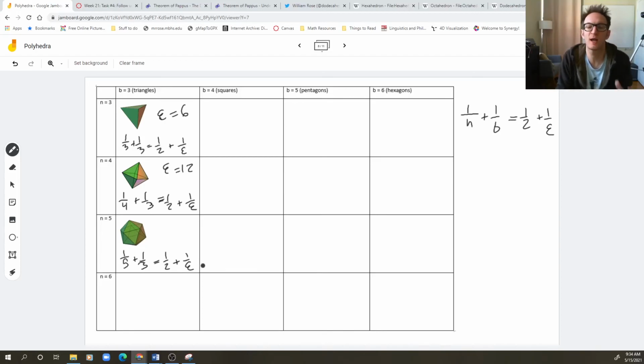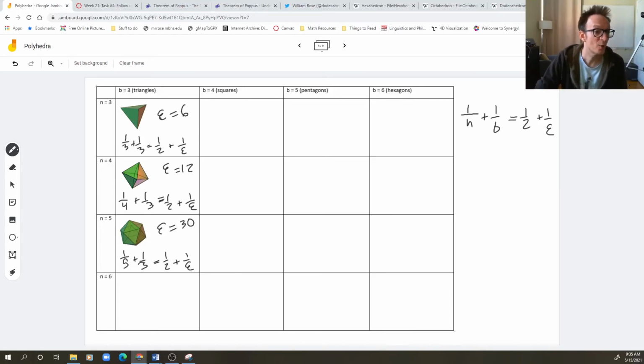Okay, if n is 5, so now this is 1/5 plus 1/3 equals 1/2 plus 1 over epsilon. And so, what is that? That's 3/15 and 5/15, so that's 8/15 on the left-hand side, minus 1/2, so 8/15 is really 16/30 minus 15/30, so that's 1/30. And so just by doing a little bit of arithmetic in my head here, I've now proven to you